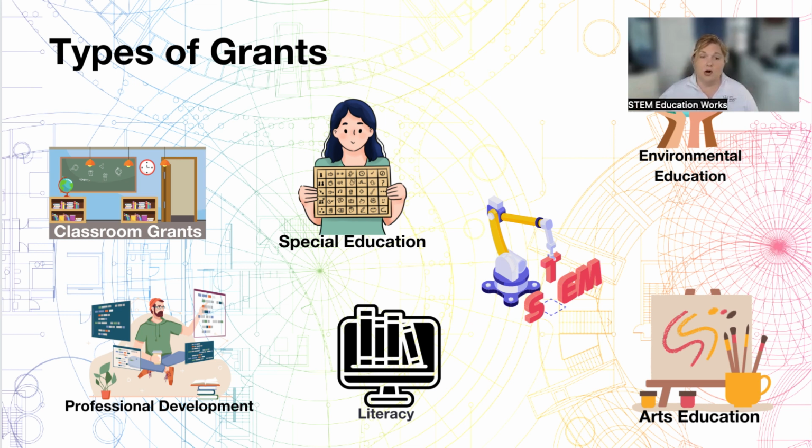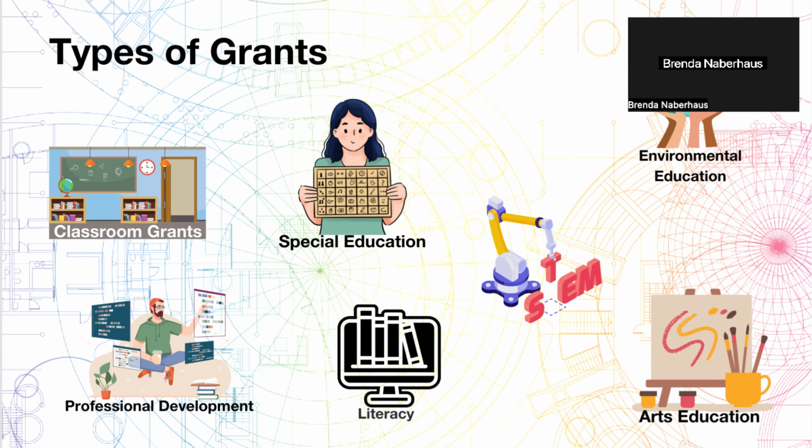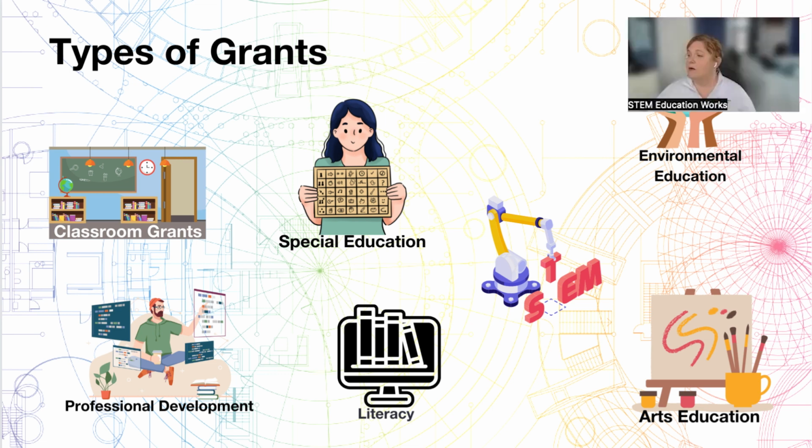Environmental education grants are huge. They are all over the place. If you're looking specifically to do something related to the environment, they'll support anything really related to environmental education and awareness in the classroom. So think about not through the state